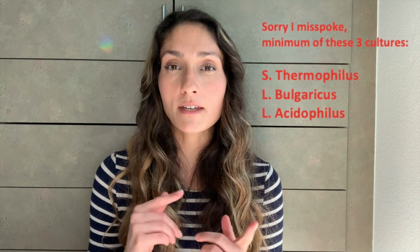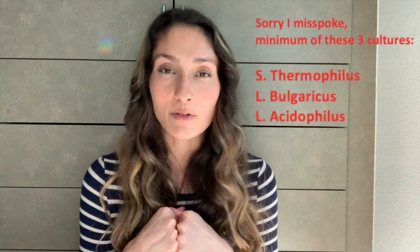Now, the second item that you're going to need is a yogurt starter. And you have technically two options. One of them is you can purchase an actual yogurt starter that you're going to put in, or you can purchase a yogurt at the store, and you want to make sure that it's completely plain and that it has at least 4 types of bacteria in it. You can go up to 6. I've had difficulty finding that, but I use Chobani because I know that it has the 4 bacteria in it,